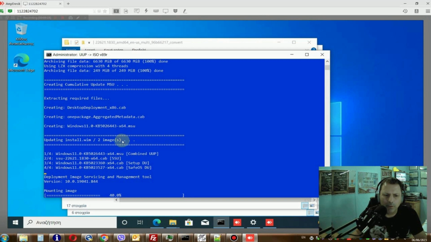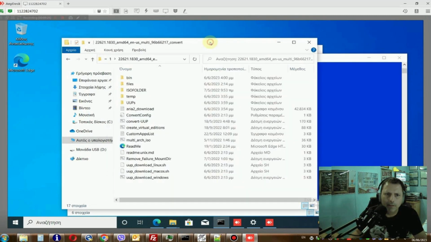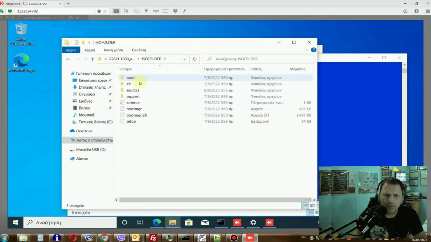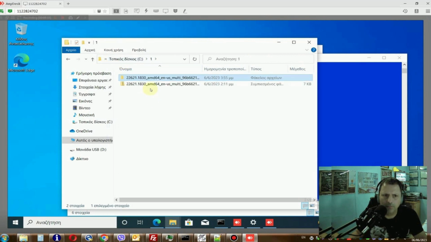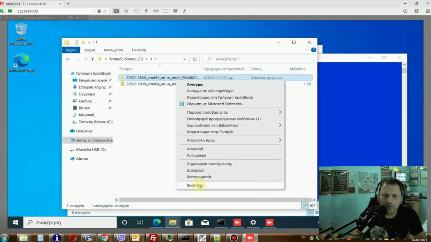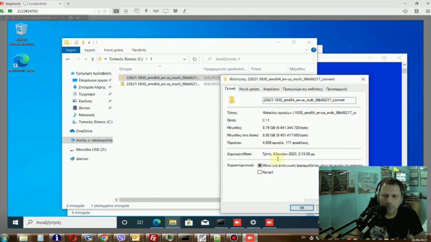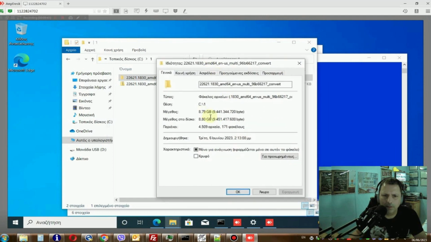So you just have to wait for it to create the ISO for you. As you can see here, there is an ISO folder. It's going to create the ISO, and now we have even more files. From this small file that I downloaded, after a couple of hours, I already have